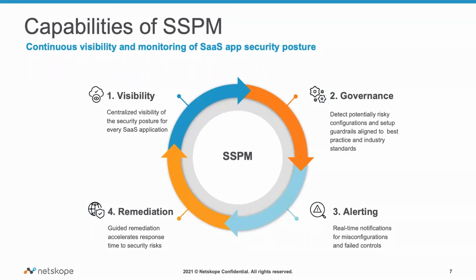And SSPM is tightly coupled with things like cloud access security brokers, inline secure web gateways as well, and DLP and malware threat protection to plug the gap around configurations while still considering the actual data, the sharing, the threats that may be within that folder or within that infrastructure as well. So in summary, it'll help you avoid risky misconfigurations and activity. So give you the visibility, allow you to set policies, alert when those policies aren't being followed, and then guide you, literally go here, click this, enable that, and resolve those security risks,